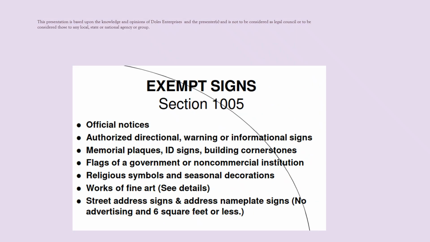Signs exempt from the provisions of this chapter shall include the following: official notices authorized by a court, public body, or public safety official; directional, warning, or information signs authorized by federal, state, or municipal governments; memorial plaques, building identification signs, and building cornerstones were cut or carved into a masonry surface or were made of non-combustible material and made an integral part of the building or the structure; the flag of a government or non-commercial institution, such as a school; religious symbols and seasonal decorations within the appropriate public holiday season;